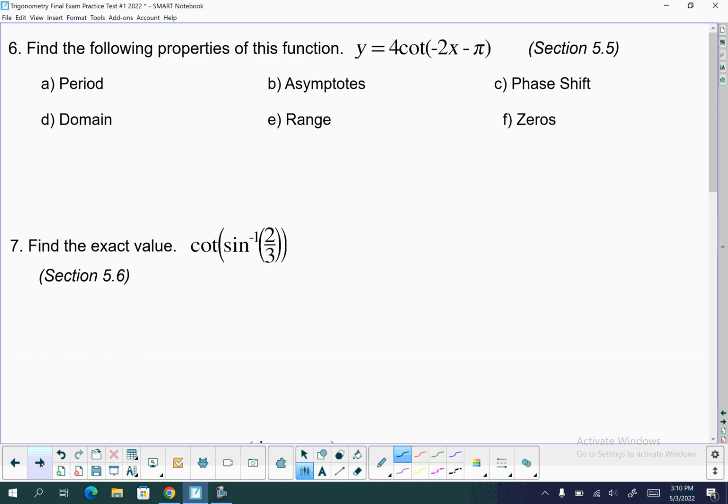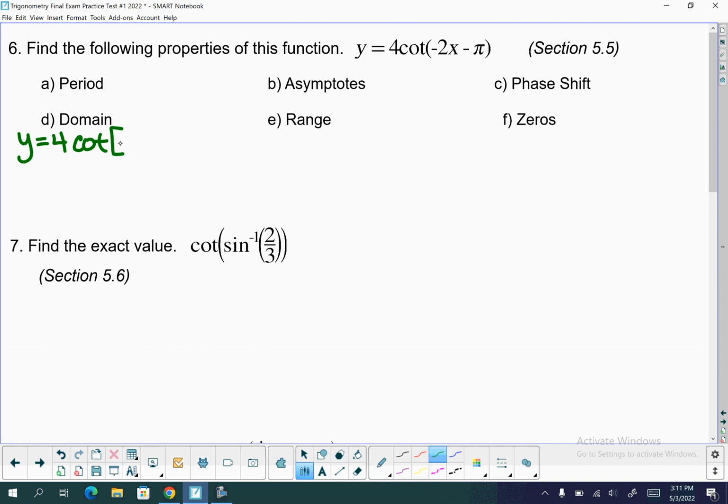Okay. Number 6, we're doing the same thing, but this will be either a tangent or a cotangent problem. So for number 5, it'll be sine or cosine. For number 6, it'll be tangent or cotangent. Again, I'm going to start by getting rid of that -2, putting this in standard form. Actually, I'll do that over here, I think. So y equals 4,